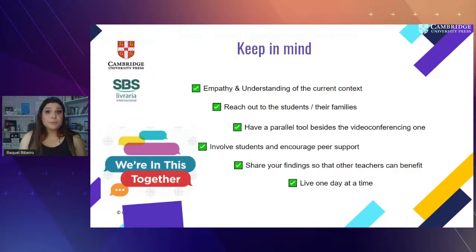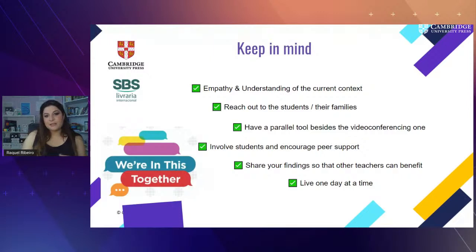Have a parallel tool besides the video conferencing one. I faced episodes of no connection, or maybe the platform was not working at all. And my parallel tool was Google Classroom. So the students knew I was there, we were there. I open a message every class, so if they come late, they know what is going on.